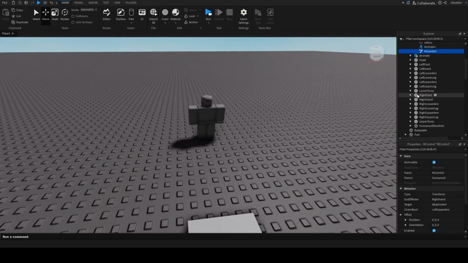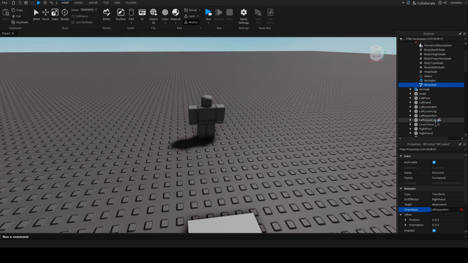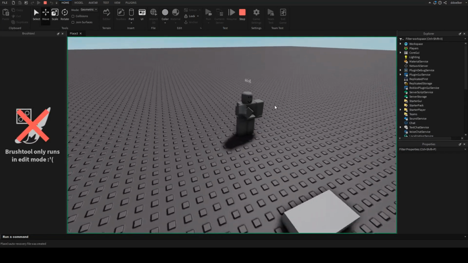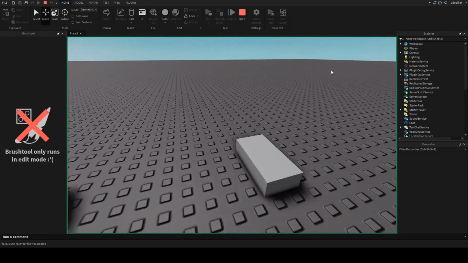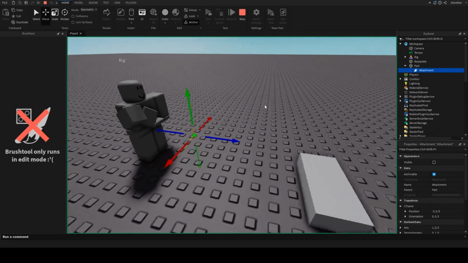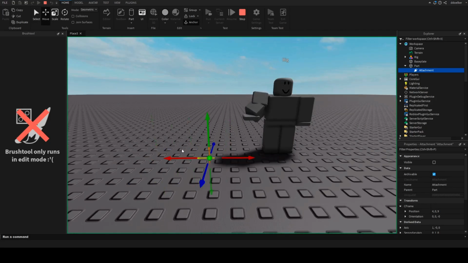Although I appear to have done something not quite correct. Oh, I've accidentally selected the left upper arm instead of the right upper arm for the chain root, which kind of confused the entire thing. So now that I have fixed that, let's run that again. And as you can see, only the arm is pointing at the attachment. Now this actually updates live, so if we were to just quickly select the attachment and move it over here, then the arm instantly will also redirect to that position,